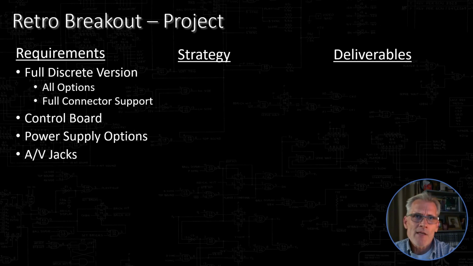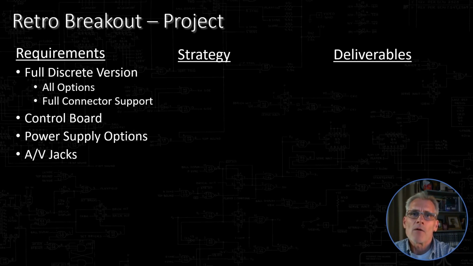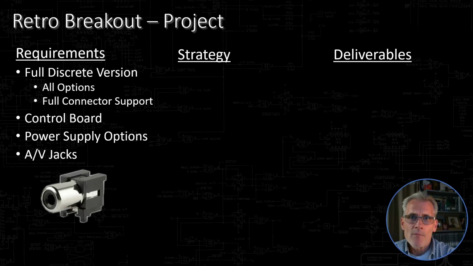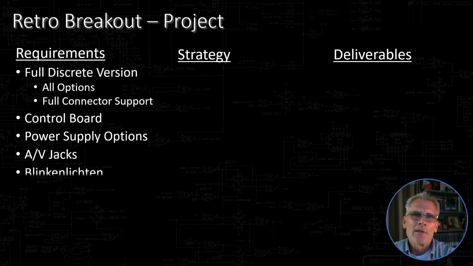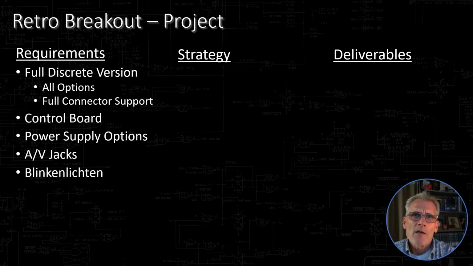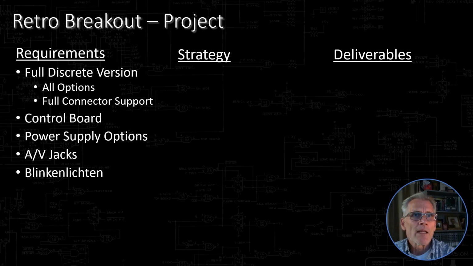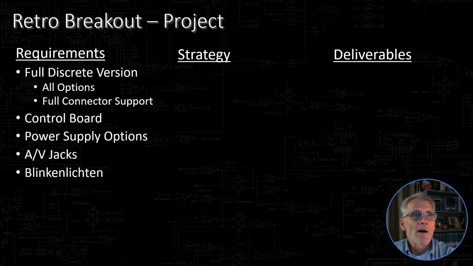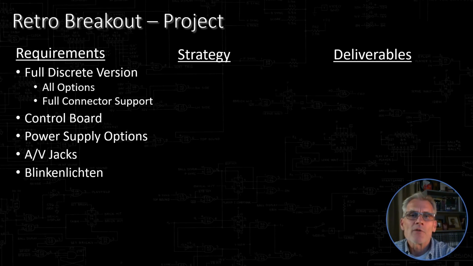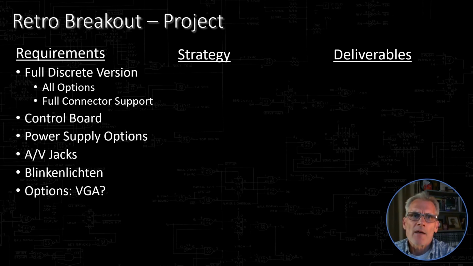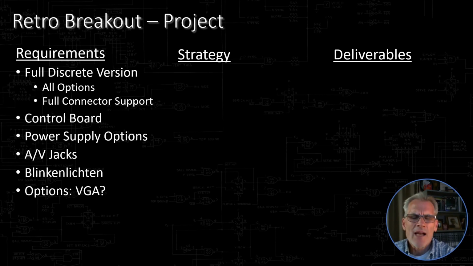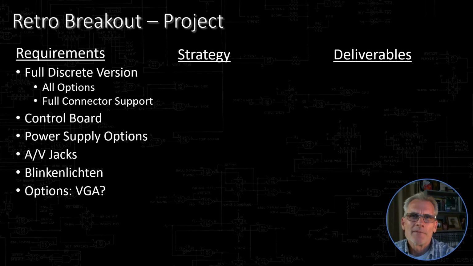Now, Breakout puts out black and white monochrome video, so let's throw an RCA connector on board and another one for audio so we can easily hook it to a monitor. And the original has no indicators, so let's throw some bling on there and also add some scope probe headers for interesting signals. I looked at the video chain and we're running half the speed we need for VGA, so we'll have to see if we can add an option later.